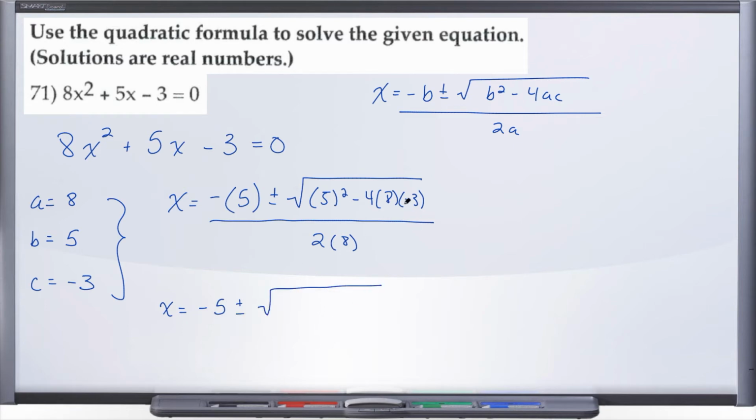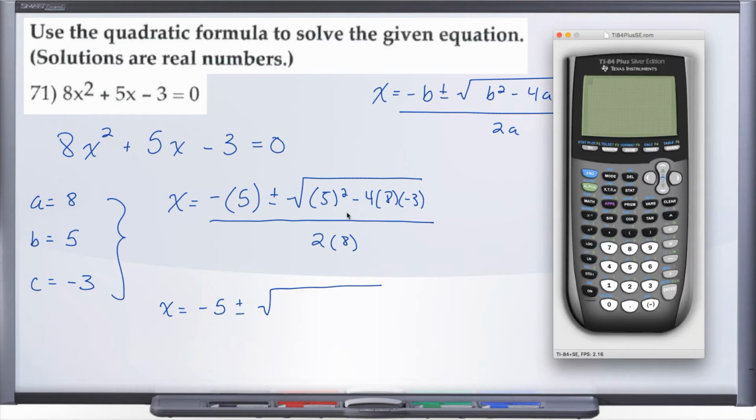And we can do one of two things. We can either work this out individually, or you can pull up your calculator and put this whole thing in and see what you end up with. And just keep in mind that you're not going to be allowed to use this graphing calculator, but it's the only calculator that will work with the recording software. But I'm not going to be doing anything fancy on this that you won't be able to do on your calculator itself. So we'll say 5 squared and then minus 4 times 8 times negative 3,